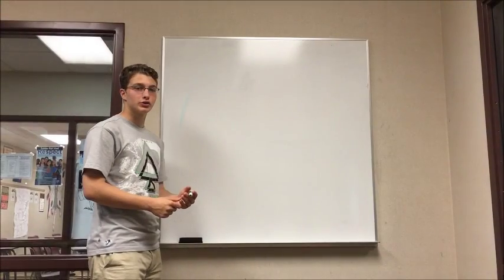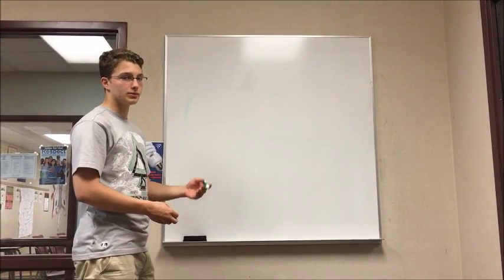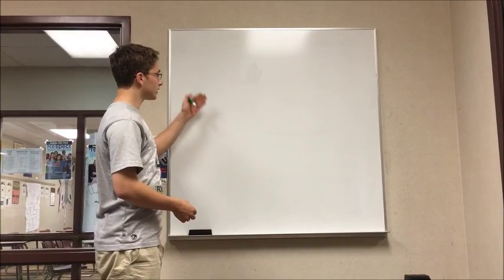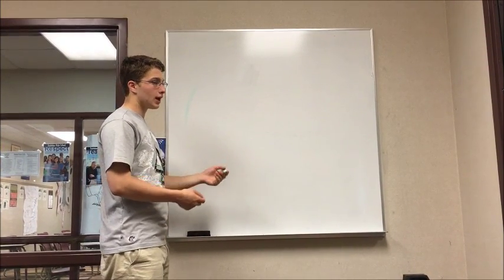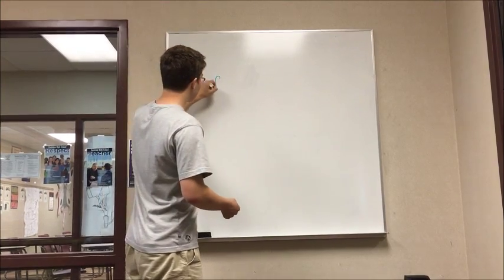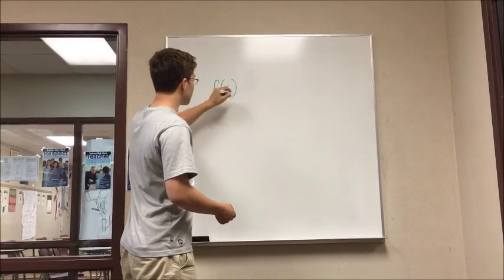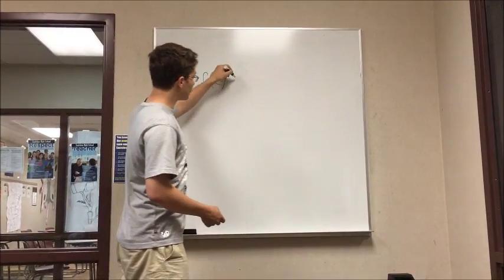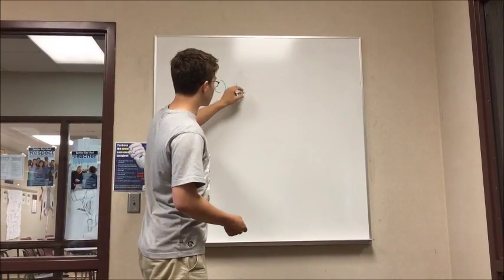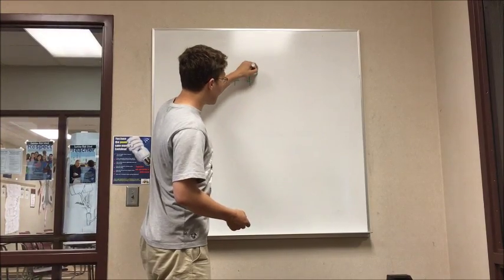Today we'll be learning how to construct a Taylor polynomial as well as the Maclaurin series. So when we're looking at the Taylor polynomial, first let's do the general series. That would start out with f of c. C there is what you center your series at. Then continuing forward, you add the next term of the series, which is f prime of c